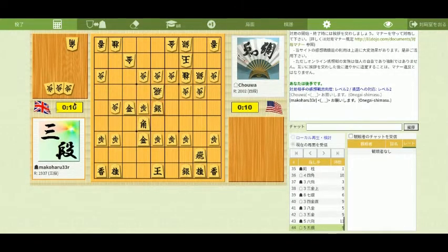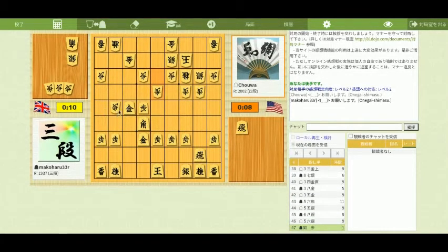rook to 9-4, gold takes 8-5, and thus his rook is checkmate. So he moved silver to 4-2, and I took his rook. And if I move rook to 6-1, then pawn to 7-1, and that's a problem. So I decided to take his silver,